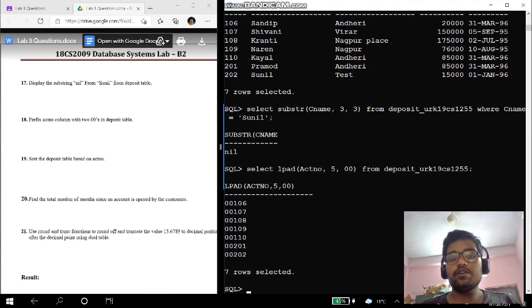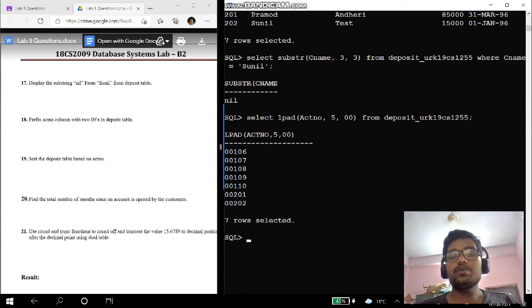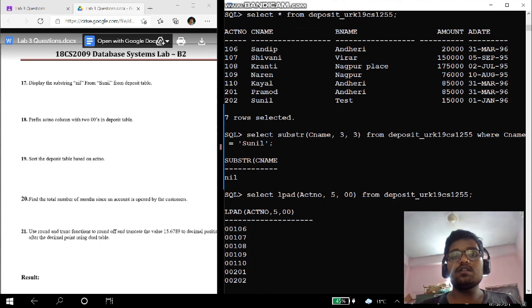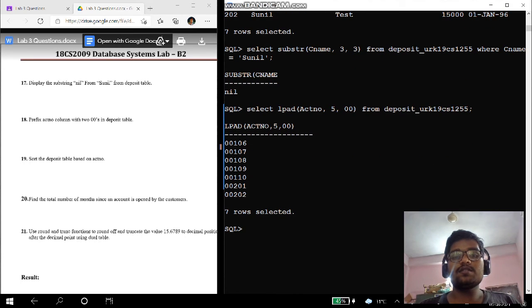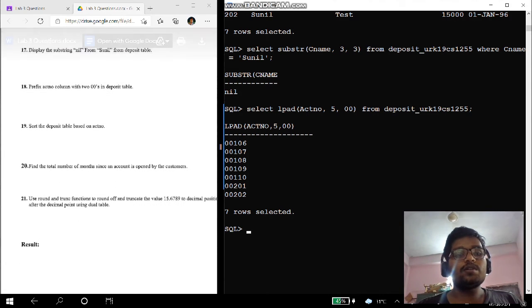Right now, what we have done is prefix 00 before the account number, such that the account number is now shown as 00106, and 00 has been prefixed for the account number. That is about the 18th one.